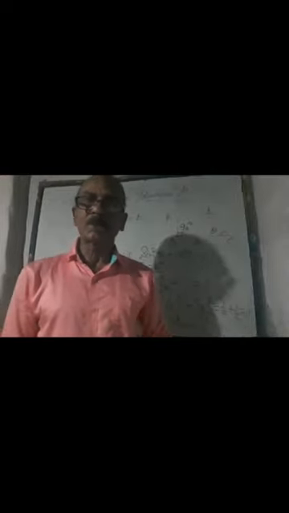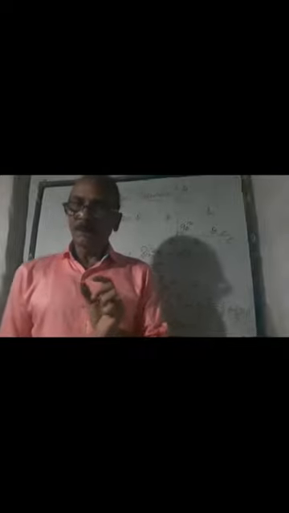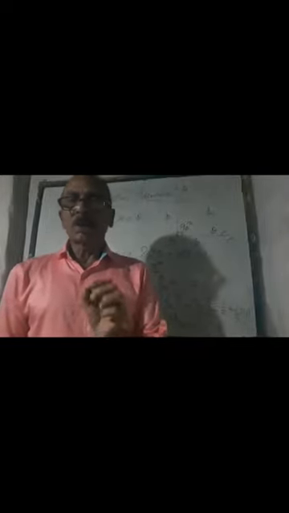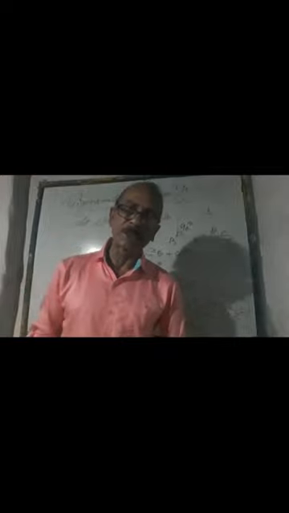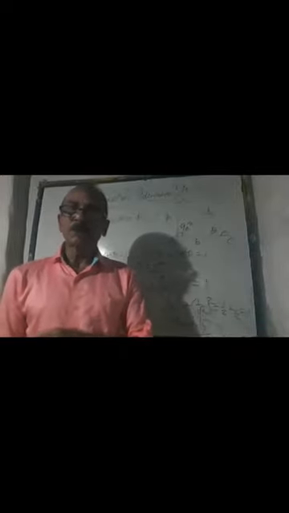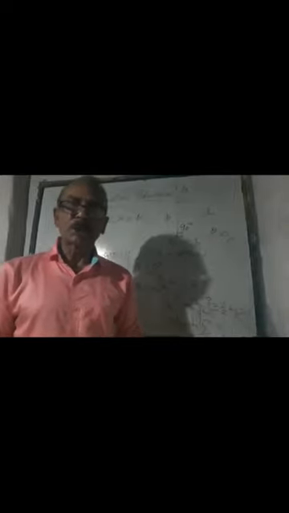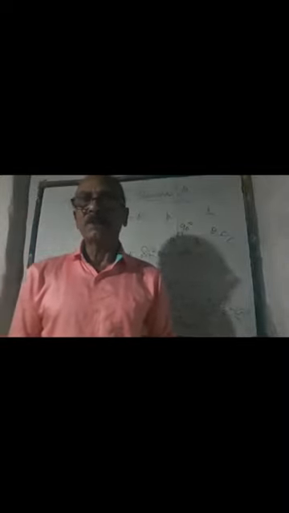So if you want to write, you may write the difference between equation and identity. An identity is that relation, whether algebraic or non-algebraic, no matter, which is true for all admissible values of the unknown quantity. Mind it, all. I am repeating every time, all. That means for all admissible values of the unknown quantity, if the relation is true, that would be an identity. And if it is true for some particular values, those particular values may be infinite in number, and in higher classes you will be studying all those things, but here not. So if it is true for some particular values, not for all, then that would be an equation.